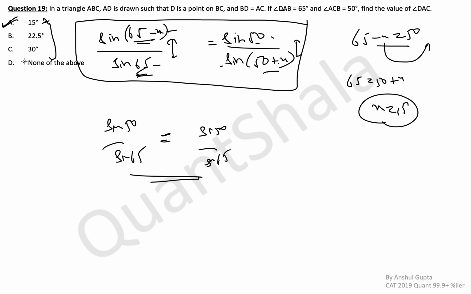If let's say there was another option here which said A and C or A or C, then you could not have marked A with confidence, because here there are single options. We can say that okay, 15 satisfies, so 15 is the answer. But if there was something else also, then you would have to calculate fully. So this is how you solve complex trigonometric equations simply.